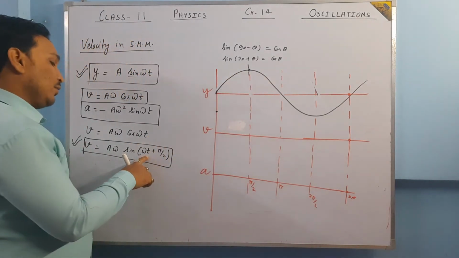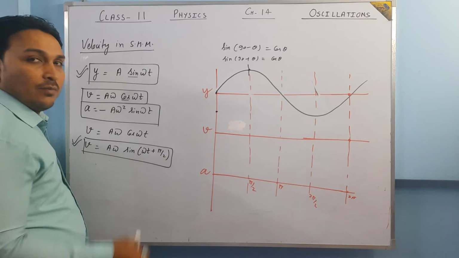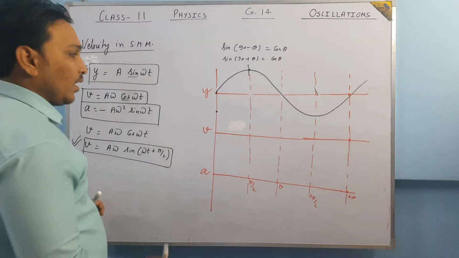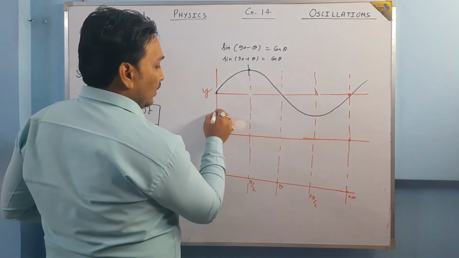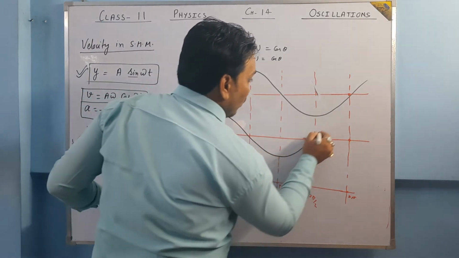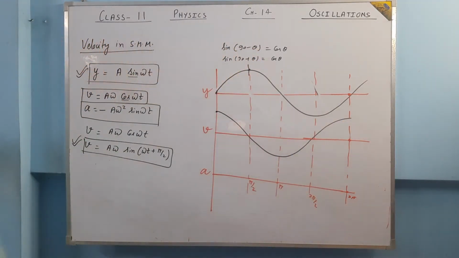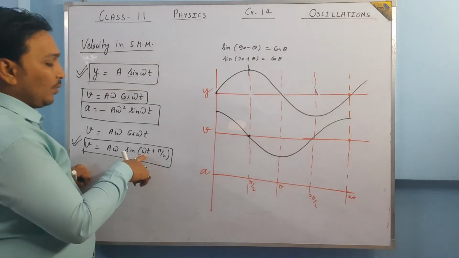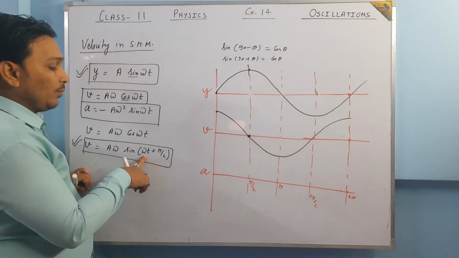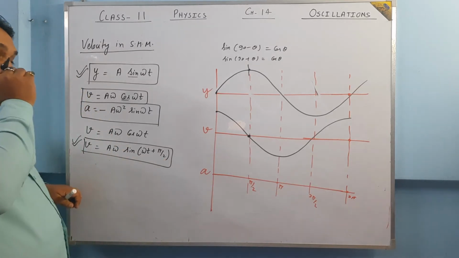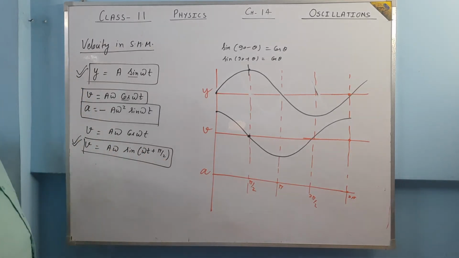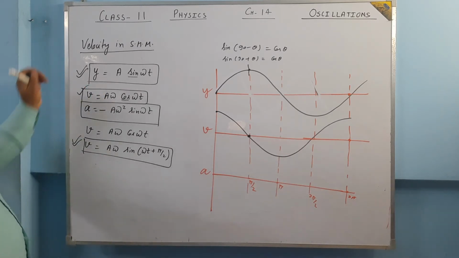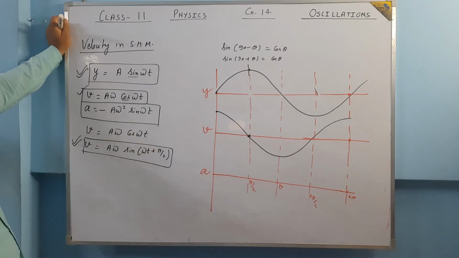It means when t becomes 0, it becomes sine pi by 2, which is maximum. So it starts with maximum, and the graph goes like this. At pi by 2 of omega t, it becomes 0, because when we put pi by 2 plus pi by 2, it becomes 180 degrees, and sine 180 is 0. If you have any problem, you can draw the graph according to this also. Cos omega t, this is simply the graph of cos omega t.